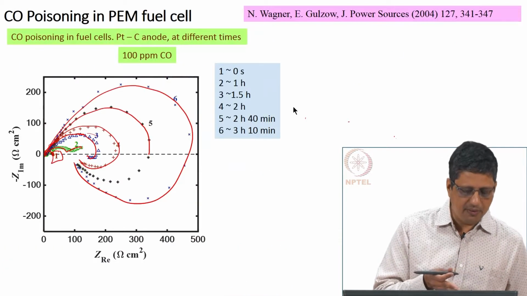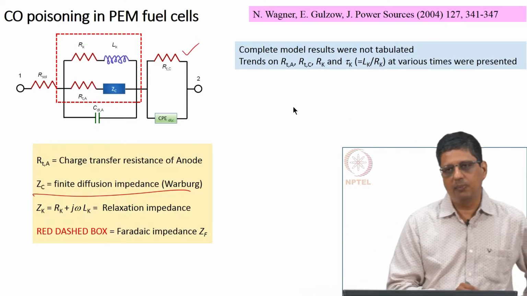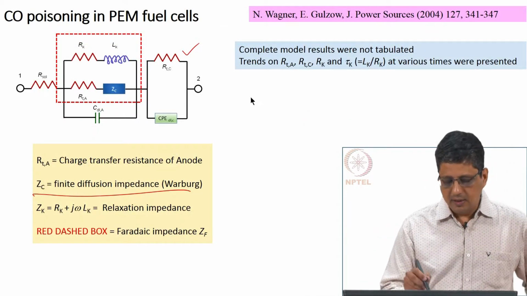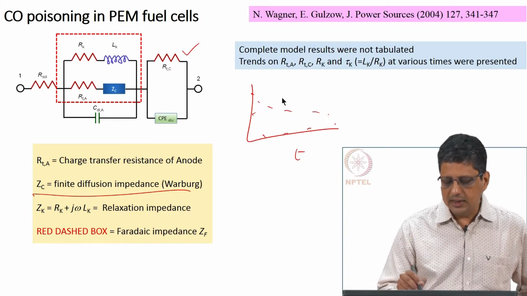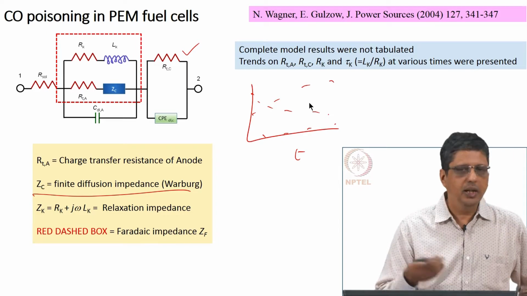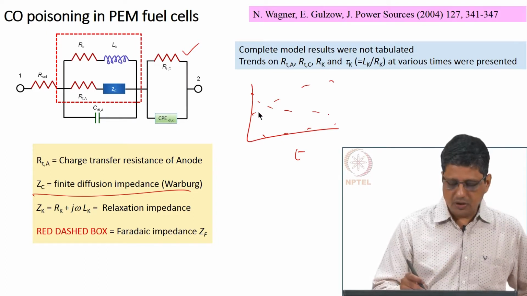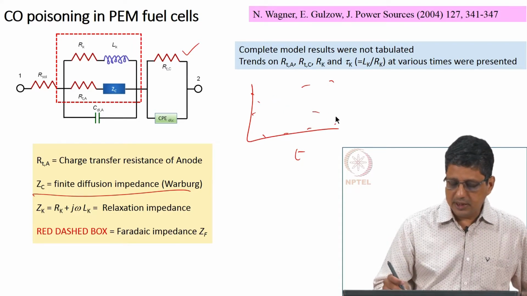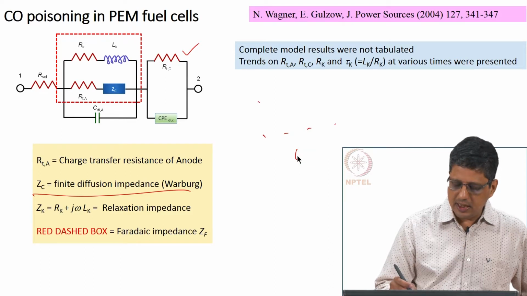Here they have modeled this, they have not shown the model fit, they have not tabulated the complete model result. What they have done is take different durations, look at the value of RT, whether it is increasing or decreasing, and then they have interpreted it saying that poisoning causes this. The data is good, what happens when you have poisoning is clear from that. Whether this is the best model is arguable,